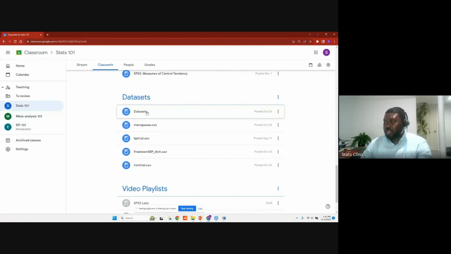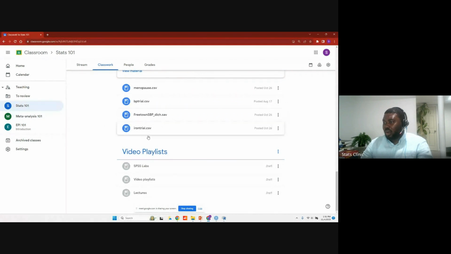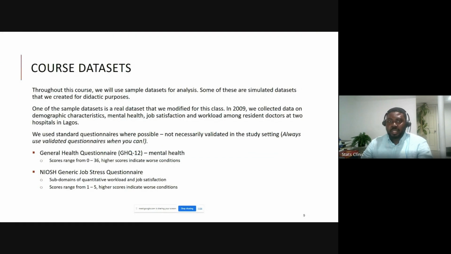There's menopause. All these are data sets that you would use in the course. And these data sets are sample data sets. One of them is a real data set from a study, but the others we just put together. They are not real. They're simulated, basically, to be used for teaching.